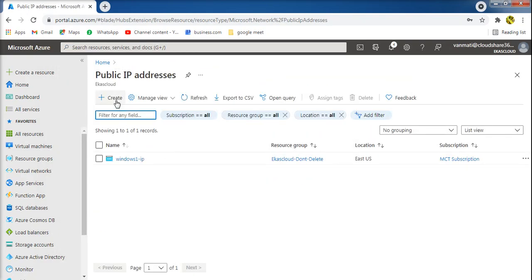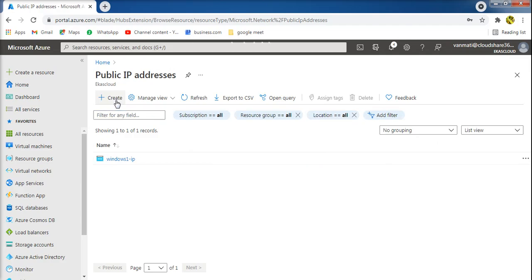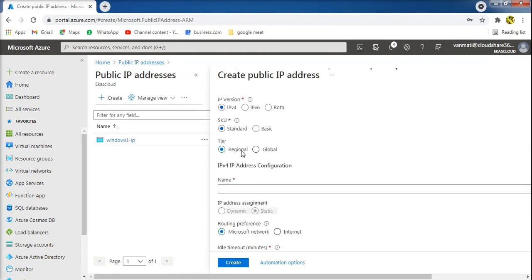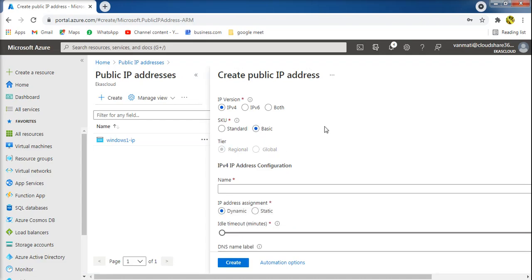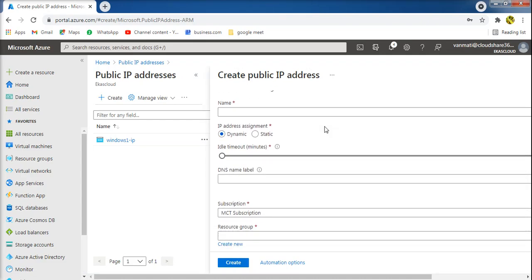So go to create a new public IP address, and I'm going to select basic public IP and IPv4, and give the name external IP, and it is going to be a static IP.